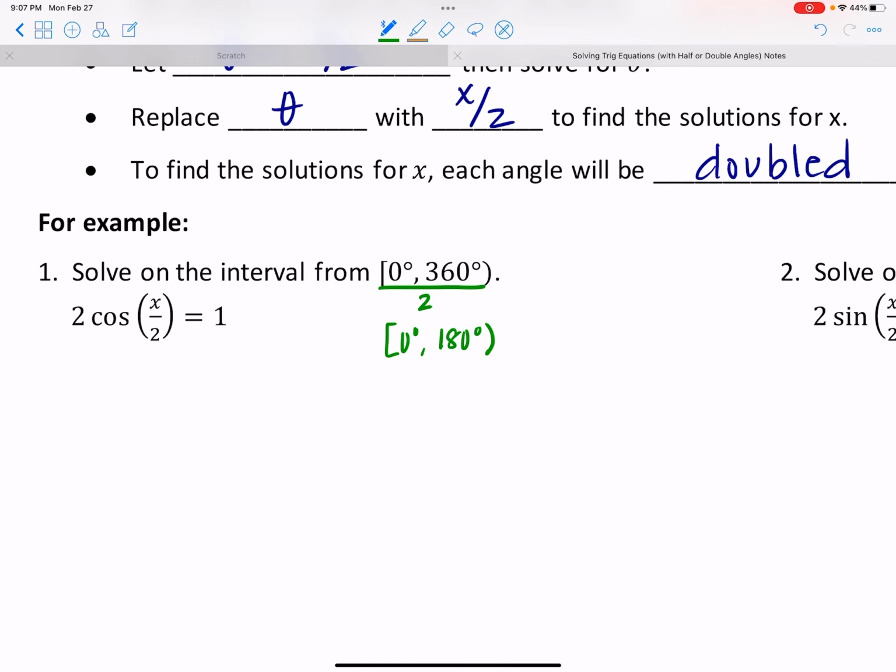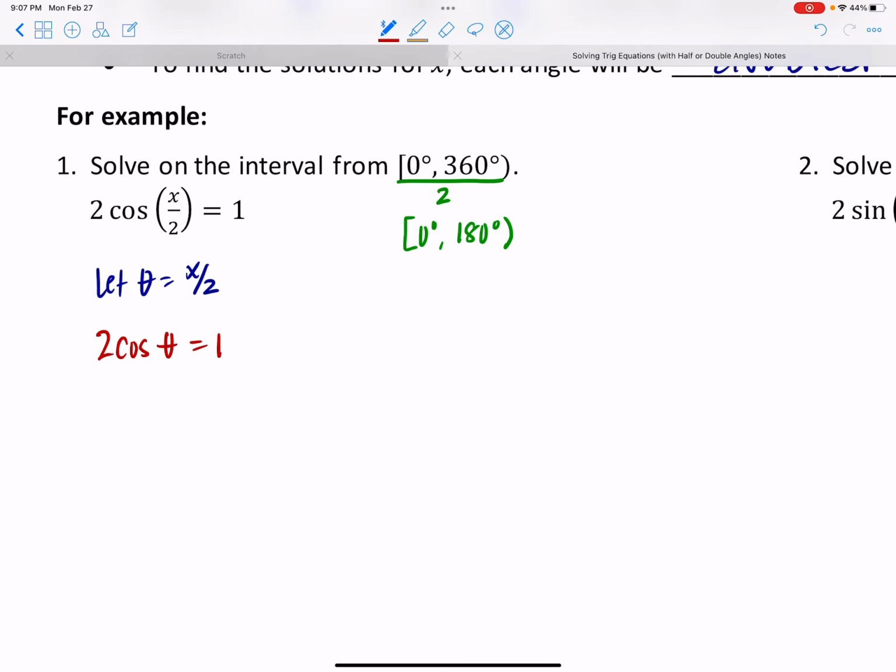Alright, now when I solve this, I'm going to use a little substitution. I'm going to replace the x over 2 with theta. So I'm going to let theta equal x over 2. So when I rewrite this, this is going to be 2 times the cosine of theta equal to 1, because I have a lot of experience of solving in this format. So from here, all I got to do to solve is divide both sides by 2. Now my cosine of theta is all by itself equal to a half,